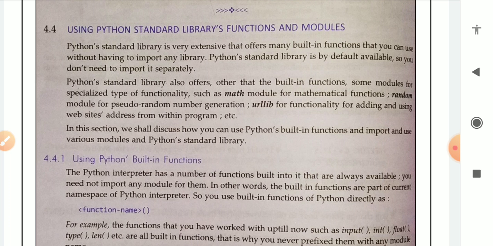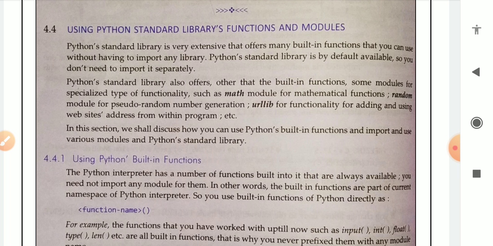Using Python standard libraries, functions and modules. The Python standard library is very extensive and offers many built-in functions that you can use without having to import any library. Means we can use these multiple functions in our program without importing any library.